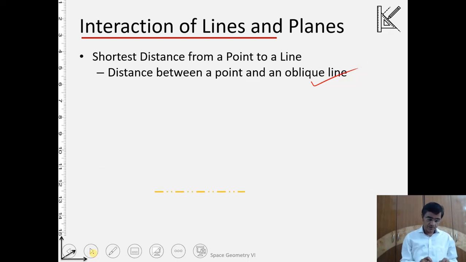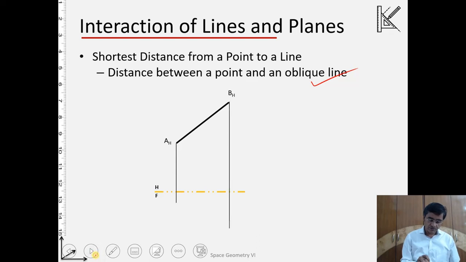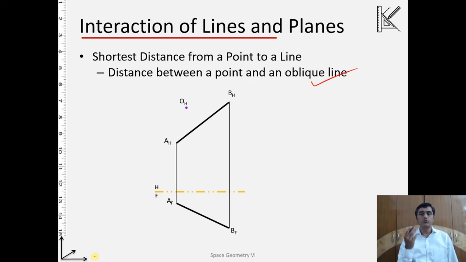Let's do it. Okay, so this is the horizontal plane, frontal plane, and then we have the projection of the line AB on the horizontal and the projection of the line AB on the frontal. We know it. Okay, this is the point O, the point from where we have to measure the distance. So what is this case like? This case is something like this. This point is A, this point is B. If you see the projection of this, on the frontal will be AB, and on the horizontal it will be AB.